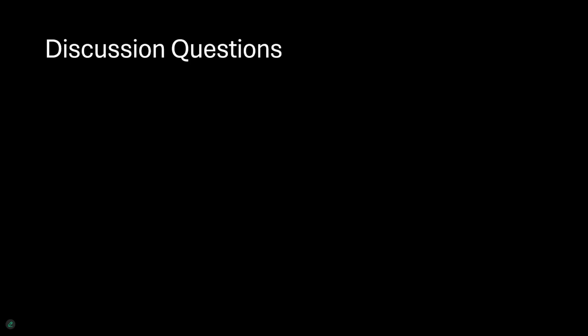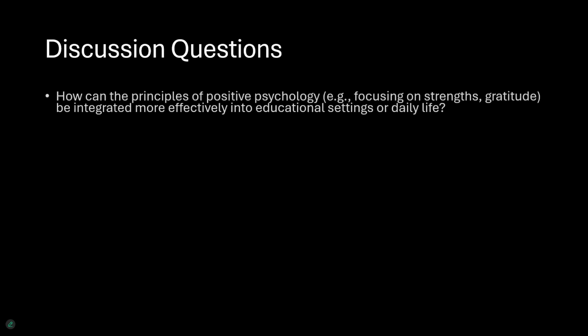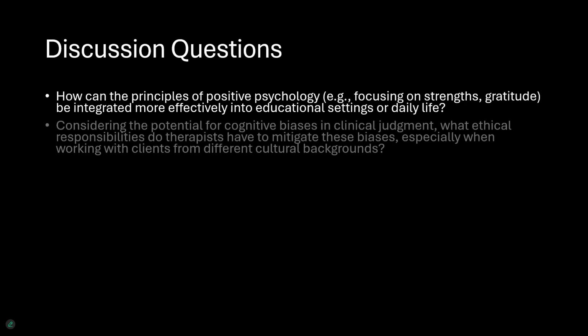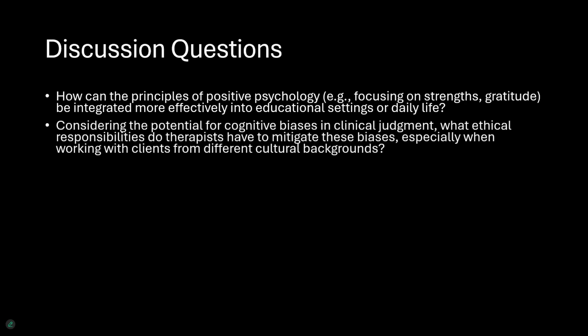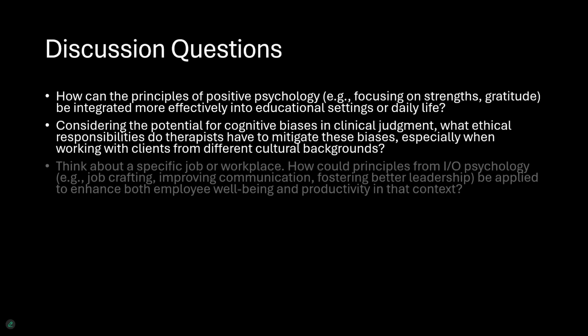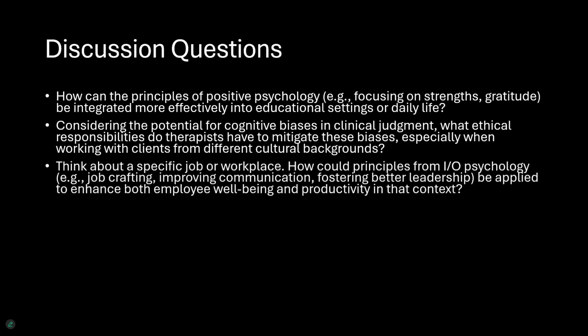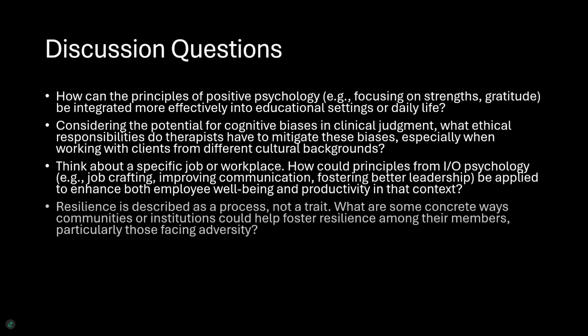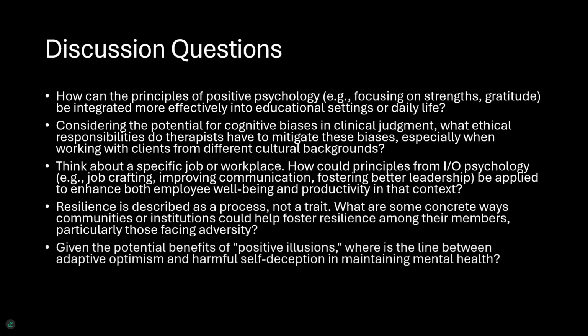And I'd like to leave you all with some questions to ponder and perhaps discuss in the comments below. One, think about how we can apply these principles practically. For instance, how can schools leverage positive psychology? Two, what are the ethical tightropes clinicians walk regarding bias and culture? Three, how can we make specific workplaces better using IO psychology principles? Four, how can we systemically build resilience in our communities? And five, where do we draw the line on those potentially